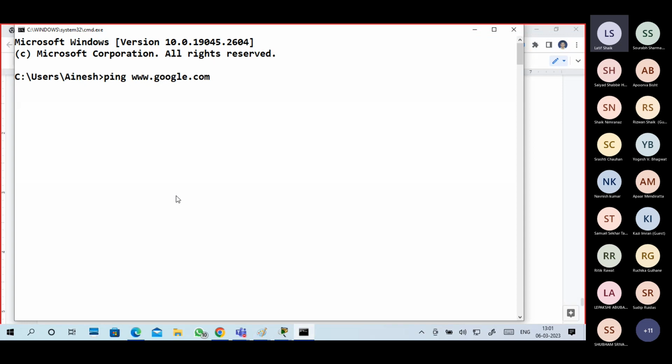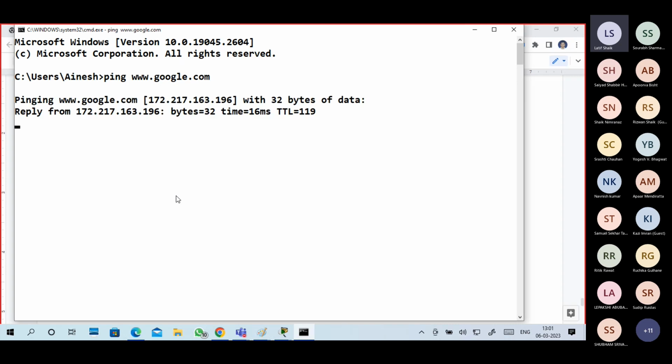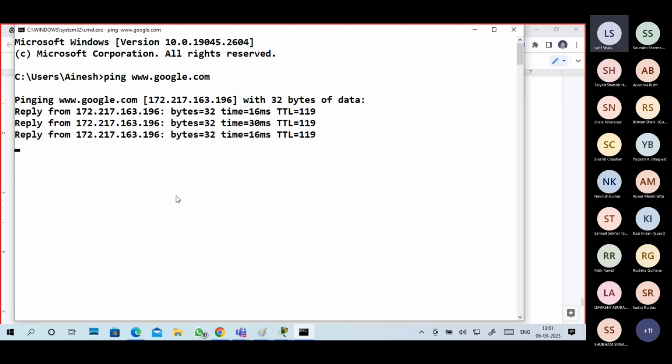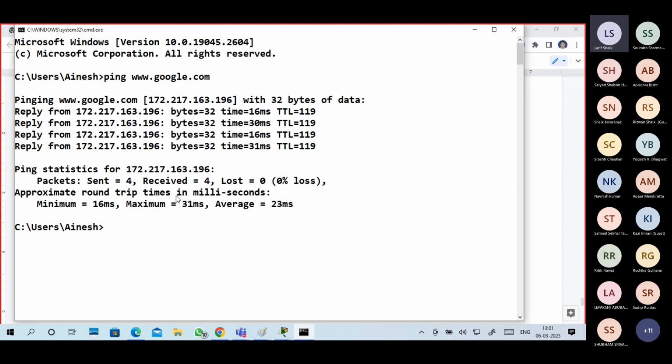The DNS server gives me the IP address of www.google.com, then ping. So first I got an IP address of google.com and I get a reply from that IP address. It means communication is there from my device to the www.google.com server.